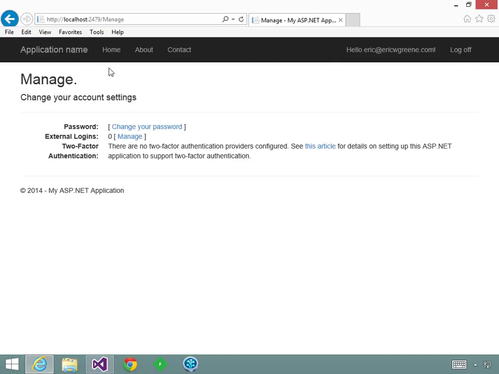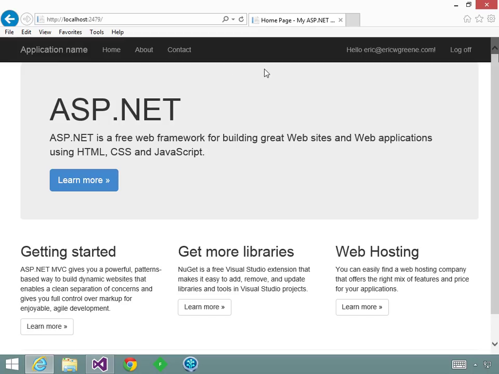I have the ability to log off. If I go to any of the application pages, you'll see where it has hello with my email address up there at the top. And I can come up here and click log off. And then I'm still on the home page, but now I'm logged out. And if I wanted to log back in,